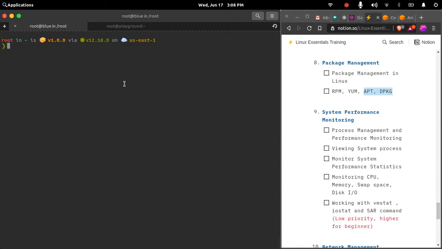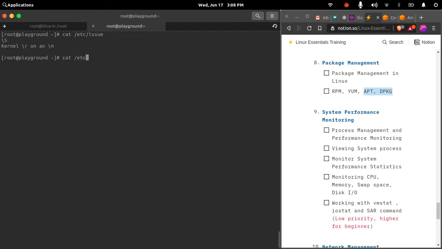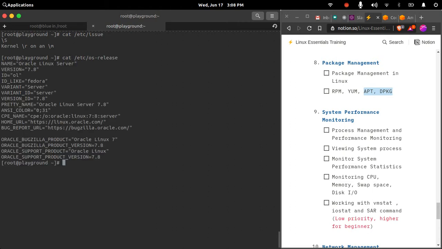I have both the systems available with me. So this is my CentOS based system. The ID is like Fedora, so it specifies this is a CentOS based system, and it has the Red Hat package manager. If I check rpm, I will get the command here. That is your Red Hat package manager, the command used for installing applications on a Red Hat based system. So this cloud instance is a Red Hat based system.